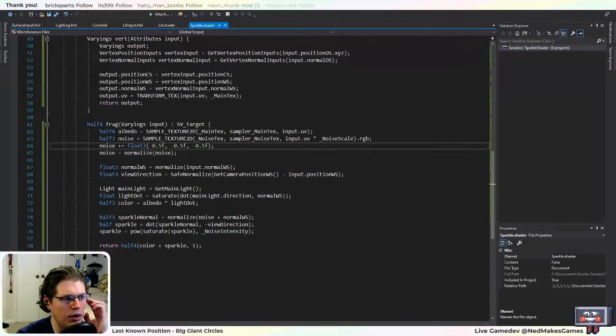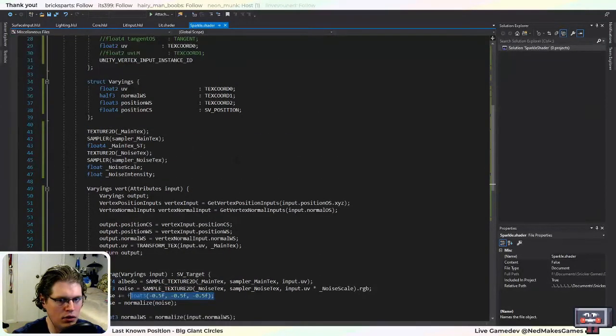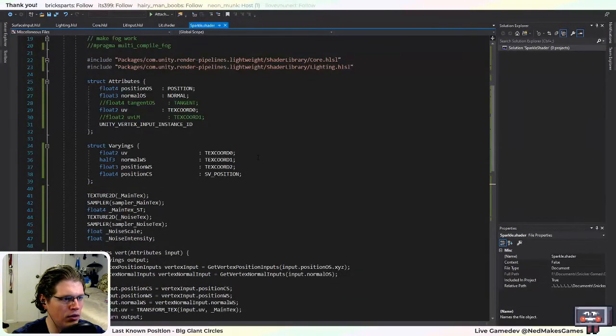I have a feeling it's probably the way that this is done. I wonder if I moved back to using the tangent, then I could read this noise texture almost like a normal map and modify the normal that way. I think that might be a bit cleaner. I don't have much time left, but